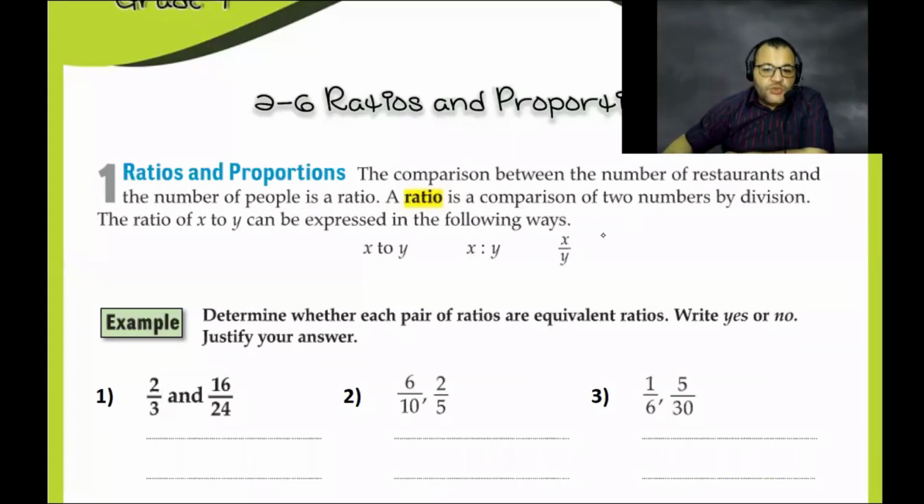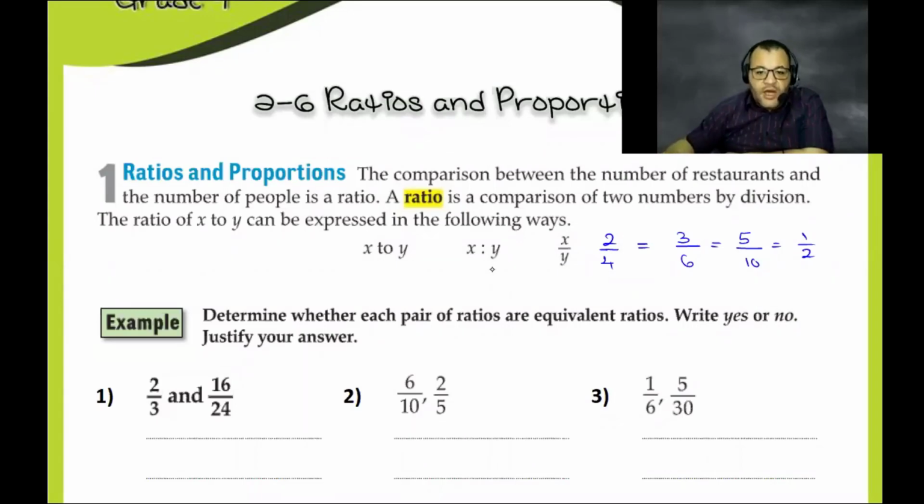For example, the relation between 2 over 4, or 2 to 4, and 3 to 6, and 5 to 10. Are they equal or not equal? They are equal, because in the simplest form, all of them will be equal to 1 over 2. The first one is half the second one. So all of them are equal. That's defined by the proportion. So the proportion is the equality of two or more ratios. If two ratios are equal, we can say that they are proportion.